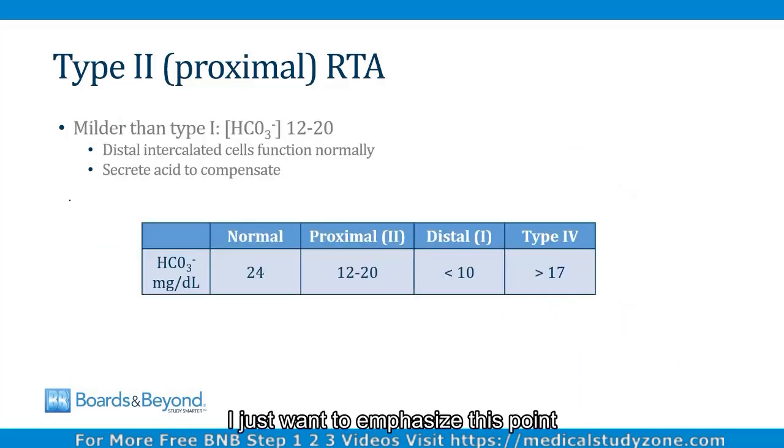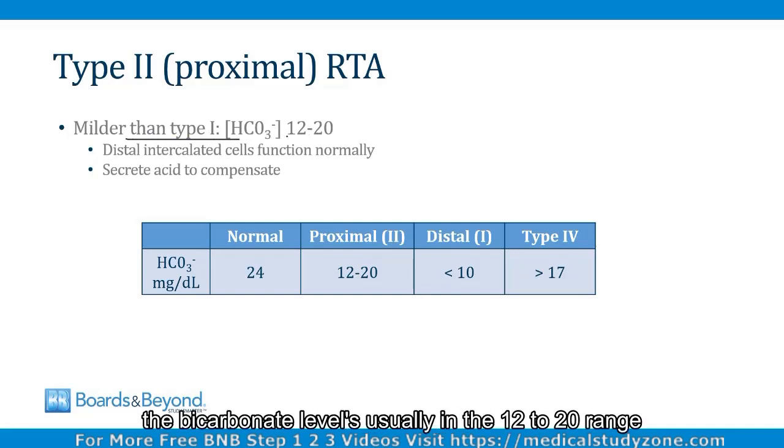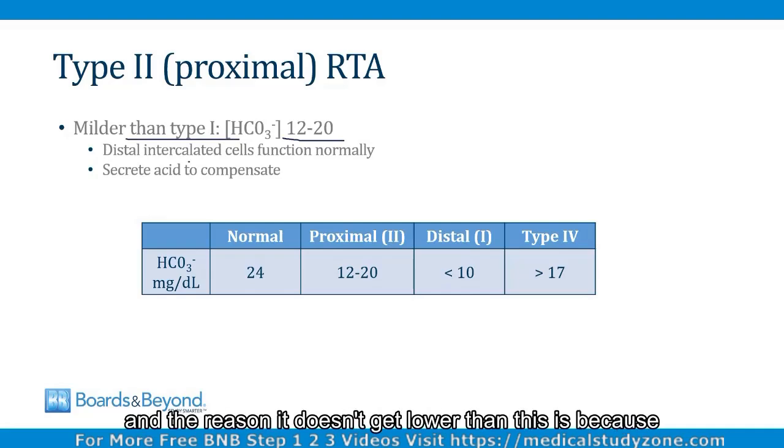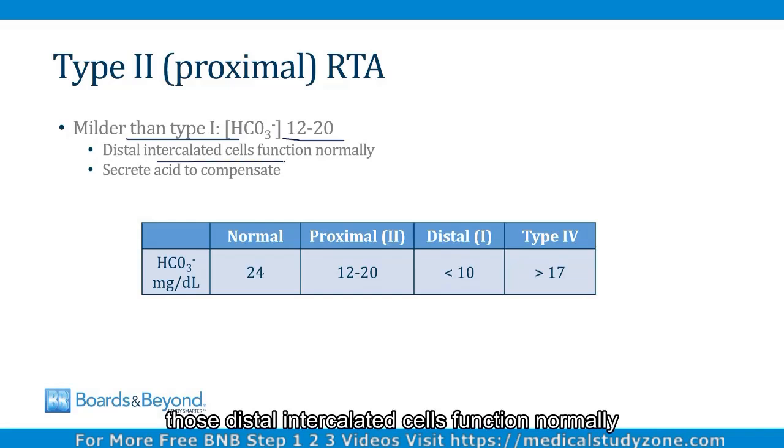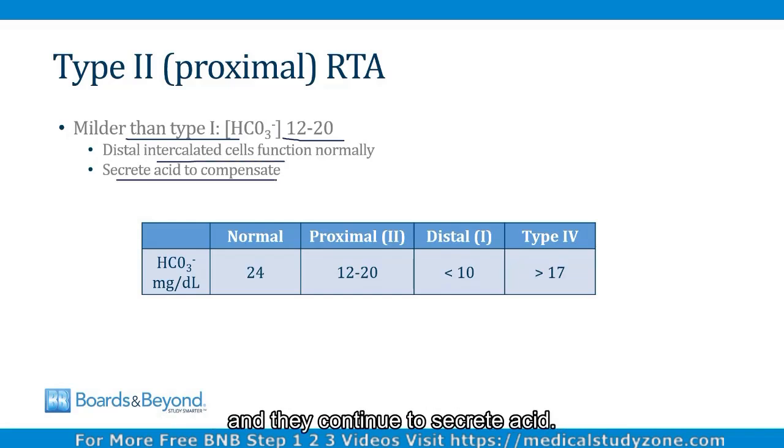I just want to emphasize this point about the relatively mild nature of type 2 RTAs. They are milder than type 1 RTAs. In a type 2 RTA, the bicarbonate level is usually in the 12 to 20 range. And the reason it doesn't get lower than this is because those distal intercalated cells function normally and they continue to secrete acid. So if you look at this table on the slide, a normal bicarbonate level is